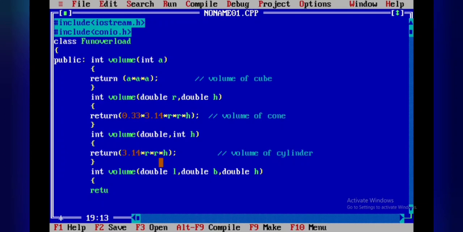Okay. So return L into B into H. Close the function volume. Then close the class called function overload.